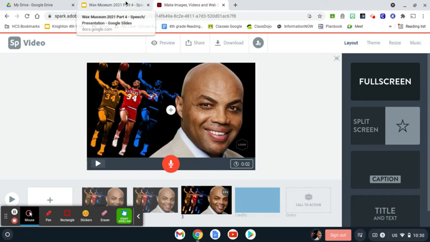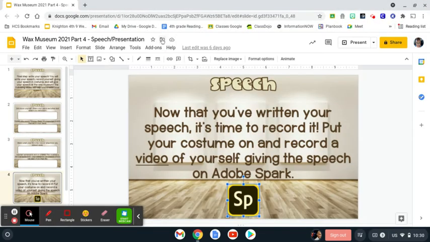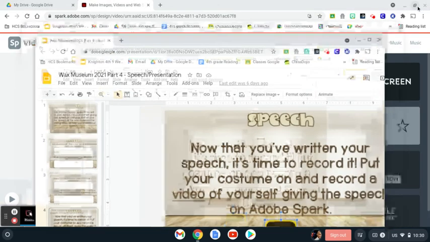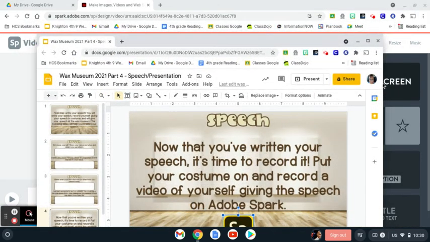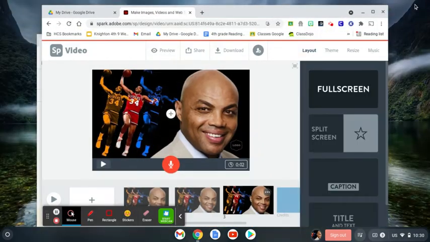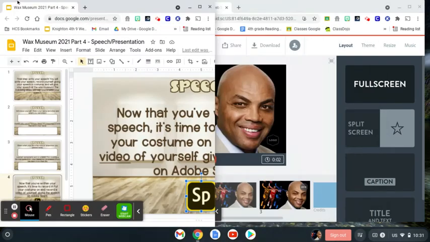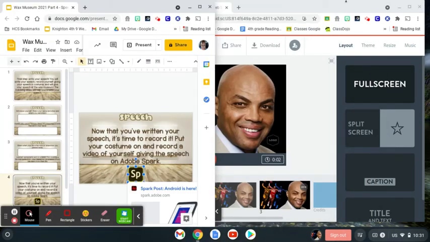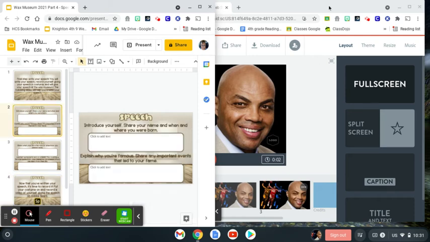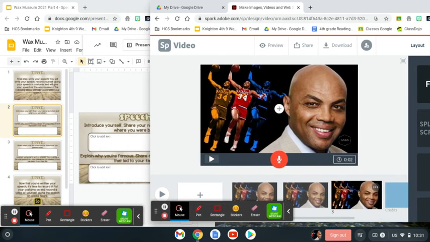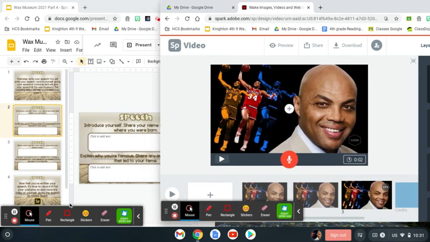But if you need to do your speech and your video at the same time, just as we do anything else, we can do a split screen here. I can have my screen side by side so I can see my speech as I record. Either way, it's up to you, but you're basically going to read what you have from your speech onto these slides. So I'm just going to hold and record.